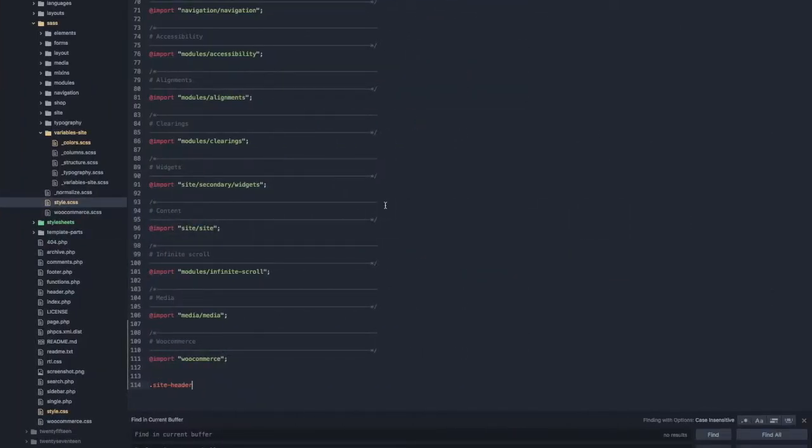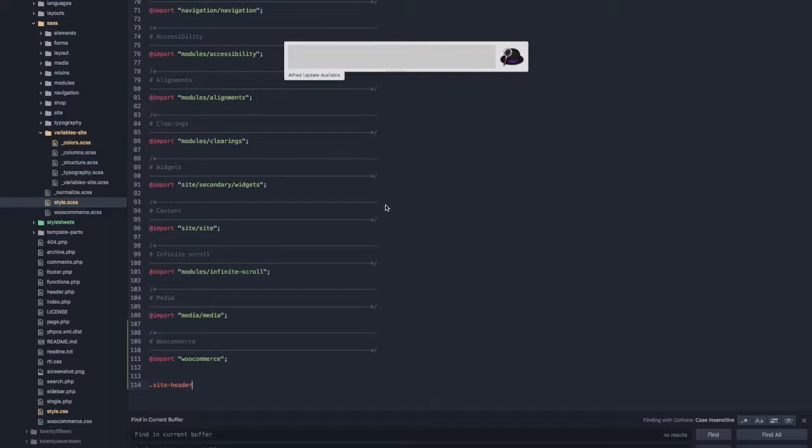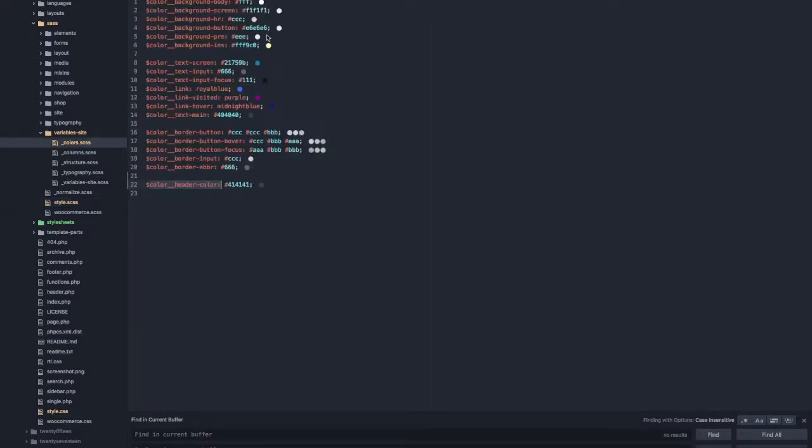So this is just for testing, just to see that I didn't mess up. So we want the background color to be that variable that we created, which is